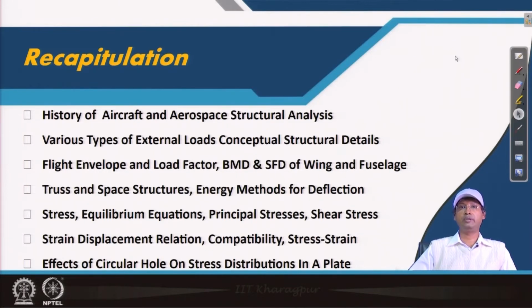We have seen compatibility in terms of strain, we have seen compatibility in terms of stresses. Compatibility is something which has to be maintained within a structure while we define in mathematical way. In practical world, all structures are continuous, there is no problem, but while we define it mathematically, we need to define accordingly. And after that, solving a few problems, initial small problems with inverse and semi inverse approach, we have come across to the